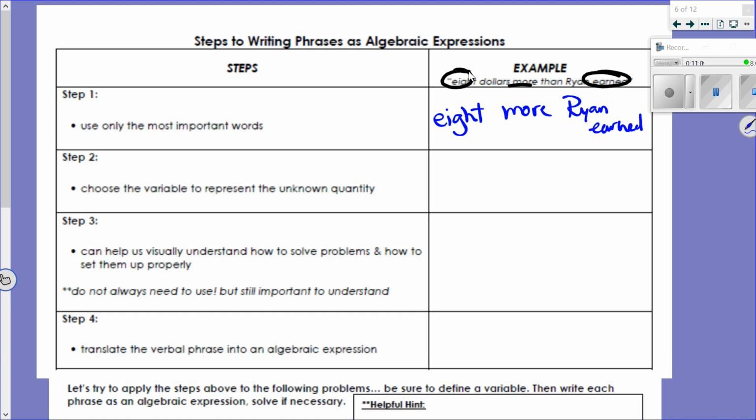Next, we need to choose our variable to represent the unknown quantity. So what variable would we want to use for this? X. I agree with that one. I like X a lot. Now we have to say what X is. So what is X? Unknown. Right, but what is it that we don't know in this problem specifically? How much did Ryan earn? I want one more piece. Dollars. Remember, be as specific as we can. So what Ryan earned